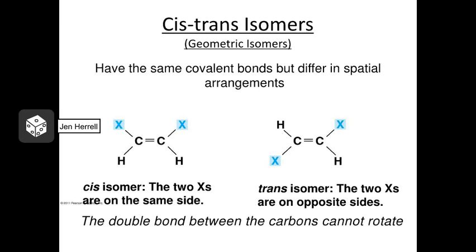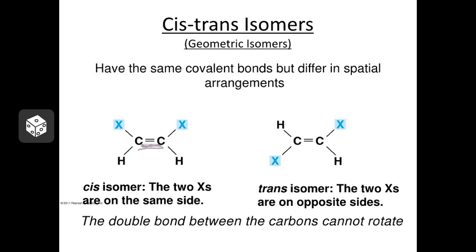Cis-trans isomers are also known as geometric isomers, and they have to do with the arrangement of atoms around a double bond in a carbon chain. So here, for instance, we have two carbons that are bound together with a double bond. Now, the formation of that double bond locks the atoms around the bond into place, so they can't move around